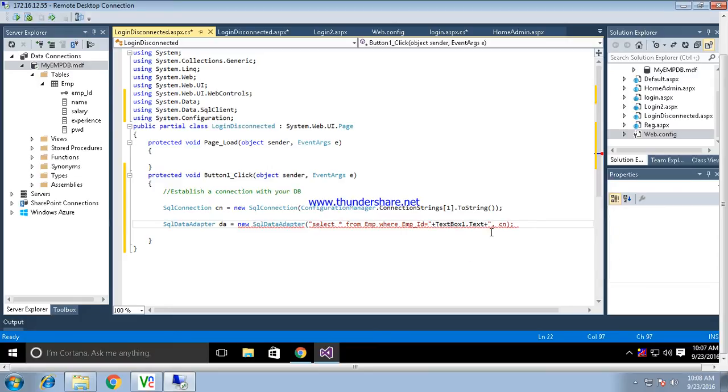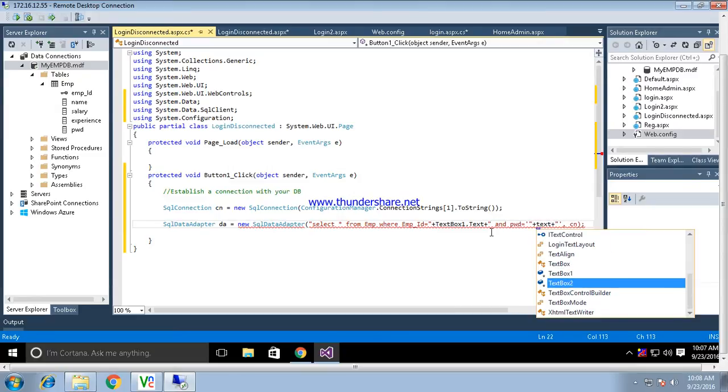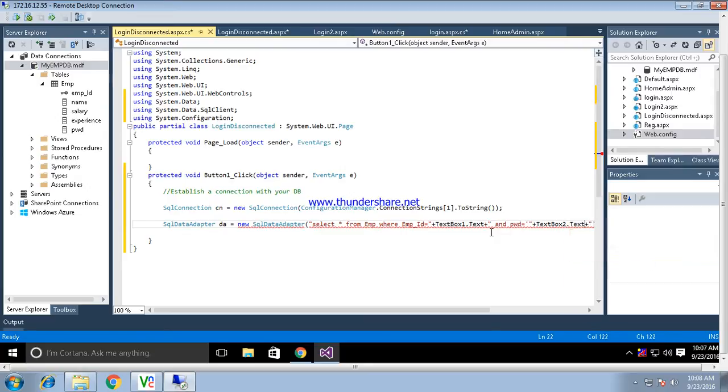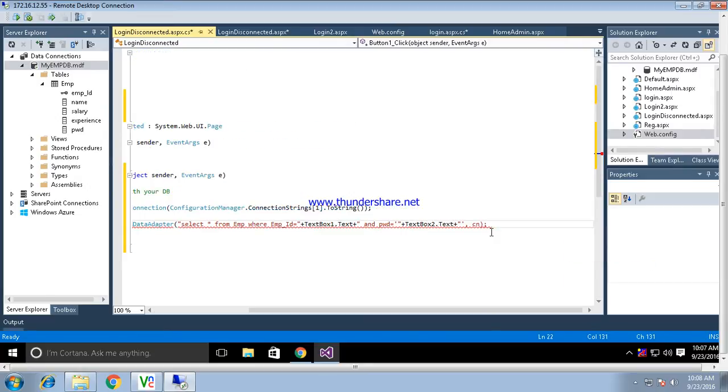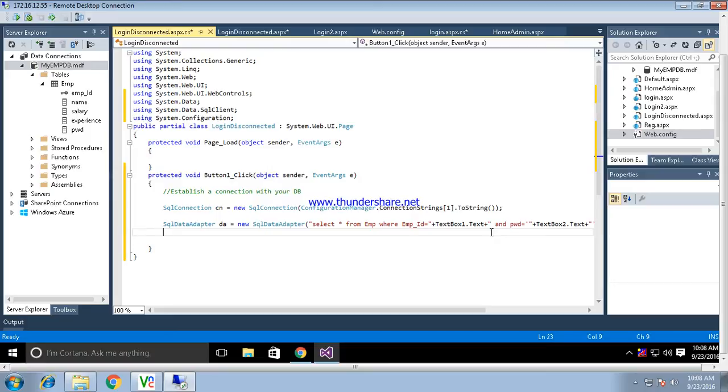The syntax of your SQL command will remain the same, and the password is equal to, again it will be a string, so we have textbox2.text for that. So this is the string that we have specified. We have to complete the double quotation over here. So this is the data adapter we have.